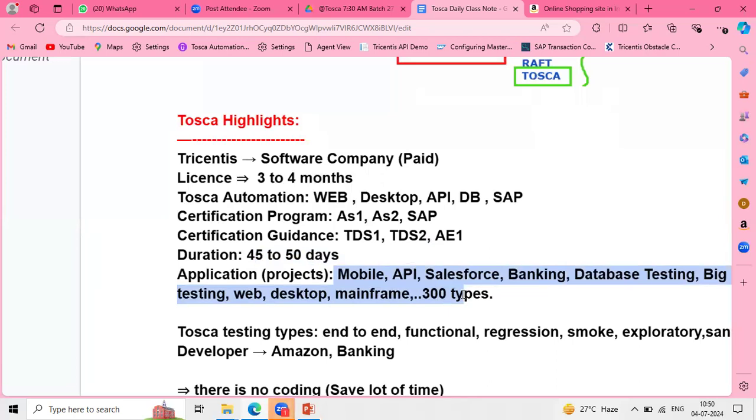There is no dependency here. We can do any kind of application. There is no limit also. This is the biggest advantage, team, of why companies are jumping to Tricentis Tosca.